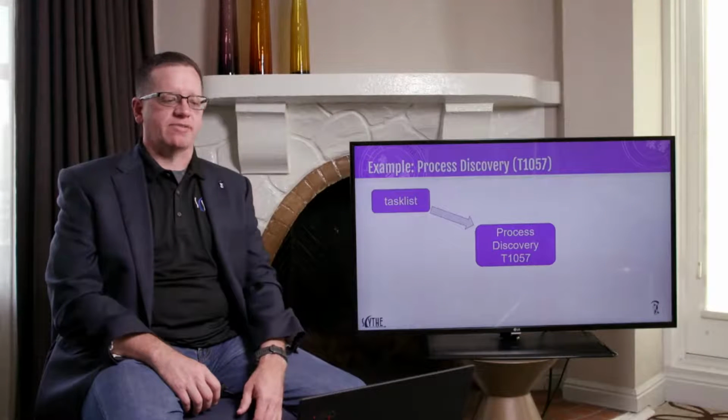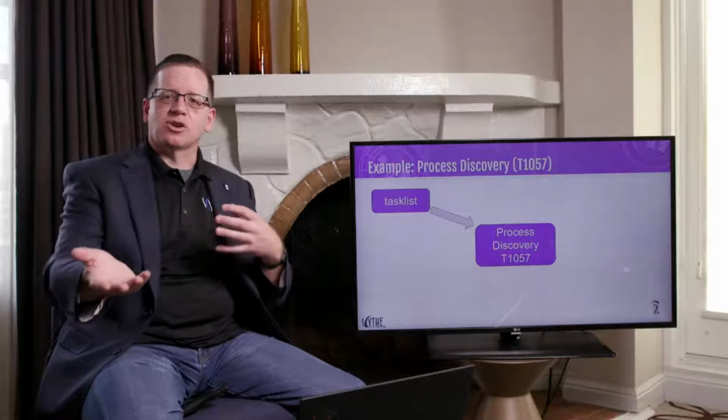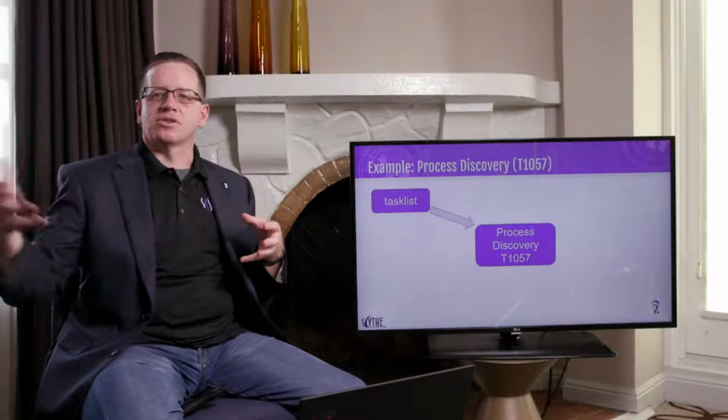People all the time ask me, Jake, how do I use MITRE ATT&CK to defend my network? When somebody asks that question, they foundationally don't understand it, because I come back to this: it's like saying, how do I learn English by reading the dictionary, with no other background? So let's talk quickly about process discovery, T1057. If you're not familiar with the T codes, these are individual codes used to describe a particular technique.